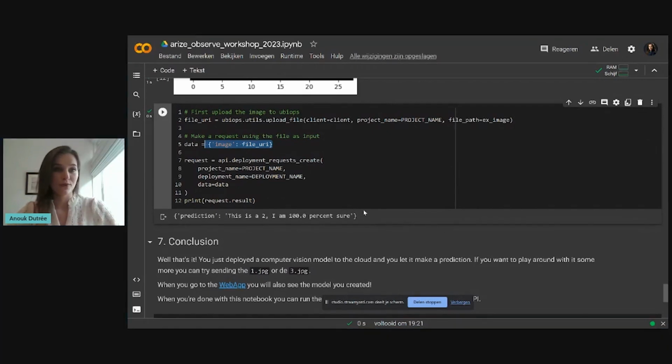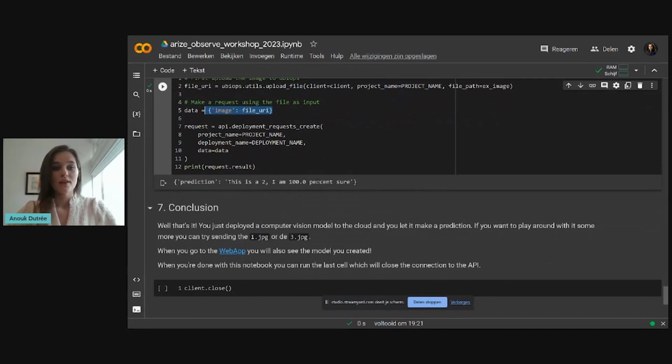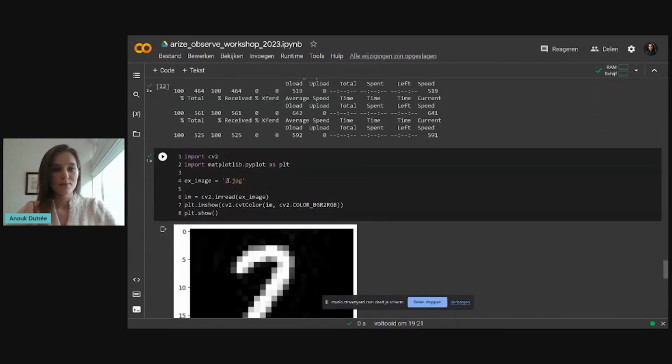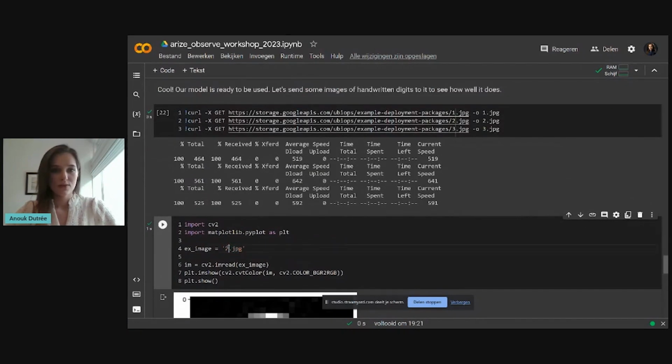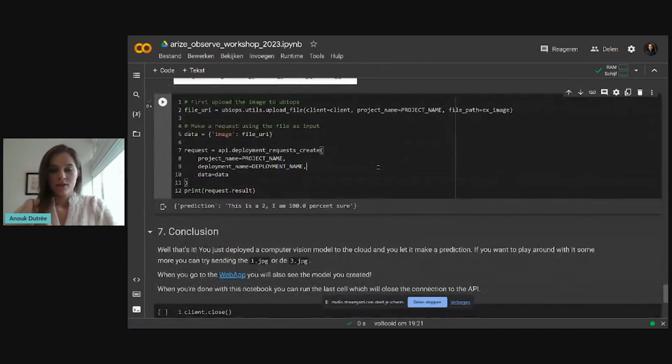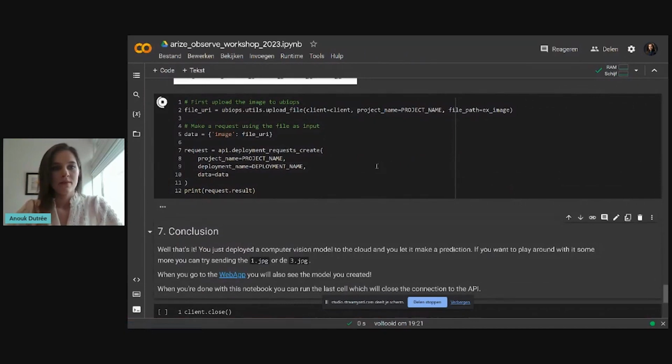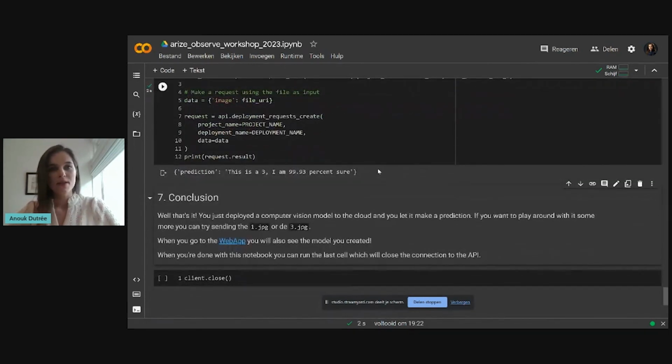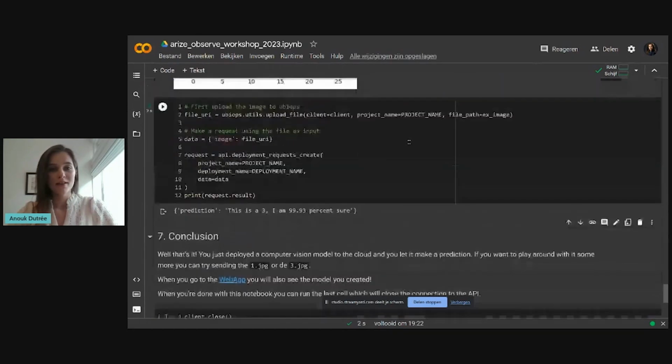Now, if you want to try this with one of the other ones, you can simply change the file path that's here to one of the other ones. So for instance, we can do a 3 as well. So this is a 3. You can run that. And then we should get back a prediction: this is a 3. I'm 99.93% sure. And that's basically it. We now deployed this computer vision model that we made to UbiOps, and it's accessible now